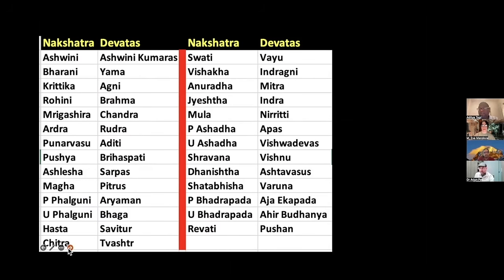Nakshatra has also got devatas, because I want to give you the list of devatas too, because there are a lot of properties we have to understand from the devatas, and that's what I will be correlating later. So Ashwini's devata is the Ashwini Kumaras, Bharani is Yama, Kritika is Agni, Rohini is Brahma, and so forth, till Revati is Pushan. So that is the list of the devatas. To understand this talk, you should have a background of the devatas and their qualities, as well as some background of nakshatra qualities.